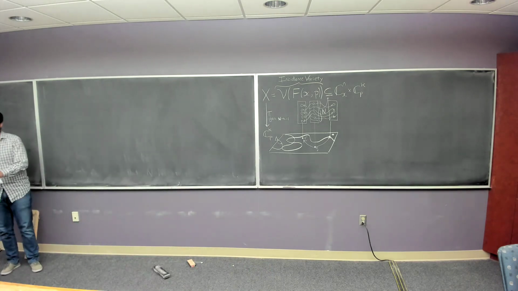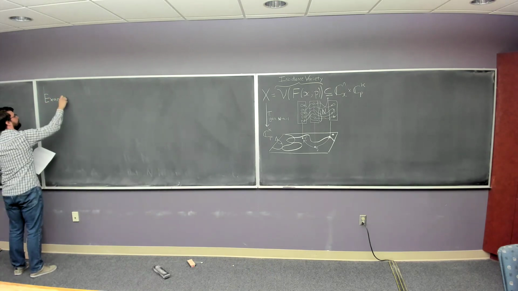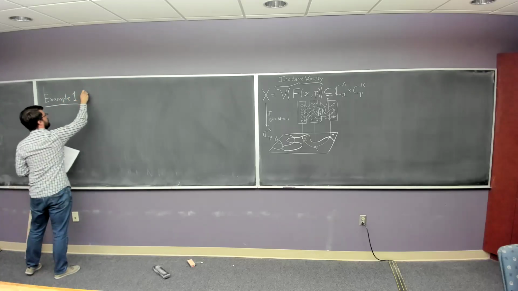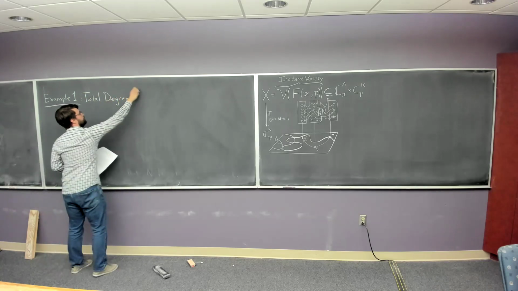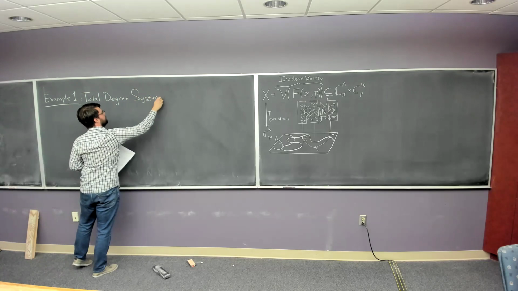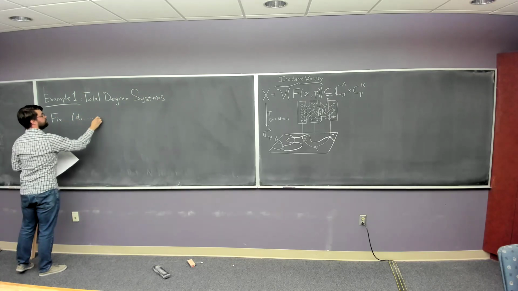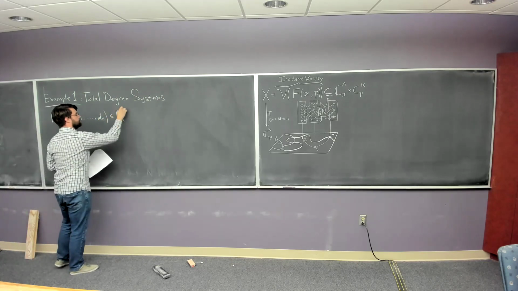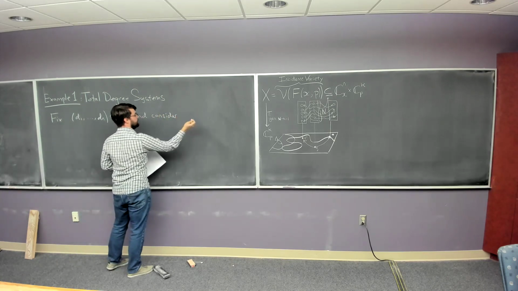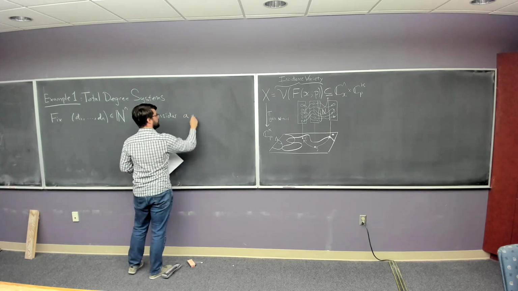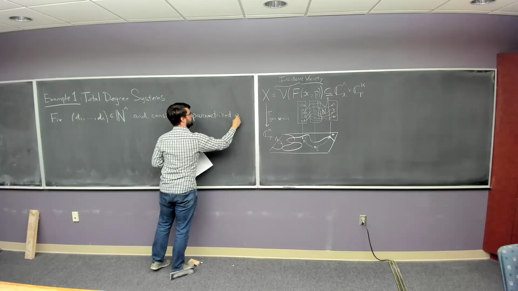Speed things up a little bit now for the examples. Example 1. Whole degree systems. Fix a degree sequence, and consider a parameterized polynomial system